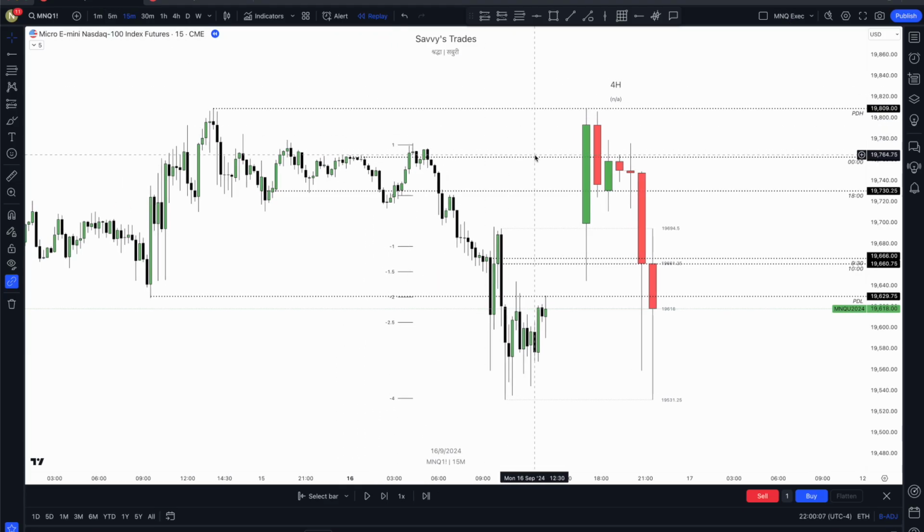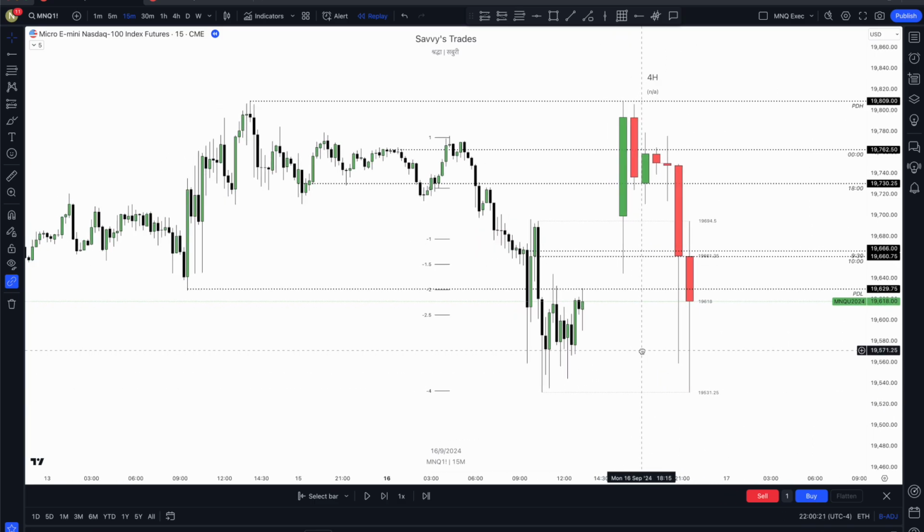So now we are at our 15-minute chart, and I'm using this indicator just to show how 4-hour candles are being printed. It's a good idea to have a reference right at the side of the charts. Anyway, so let's start with the previous day high. So you can see the previous day high is here. It's Friday, and then we have Friday's low, which is previous day low.